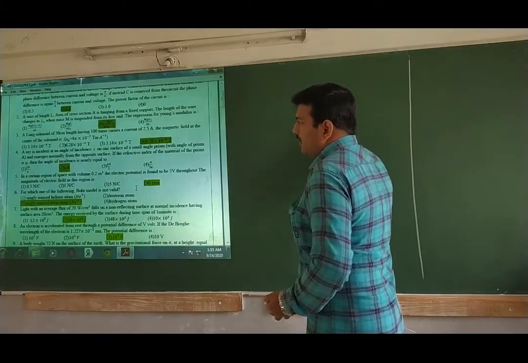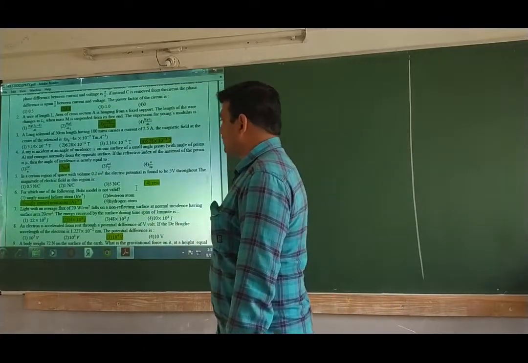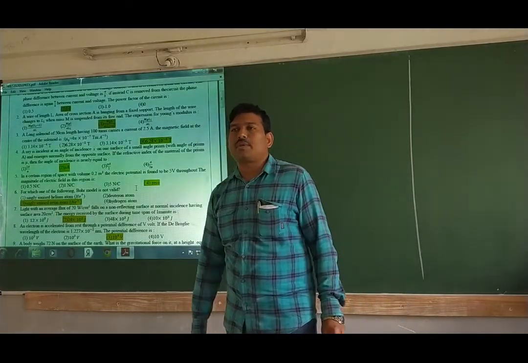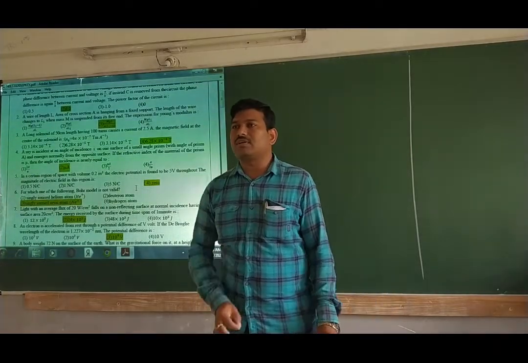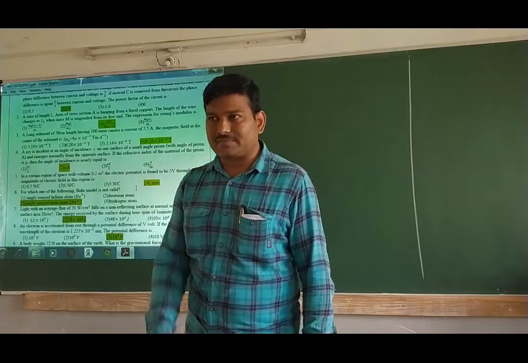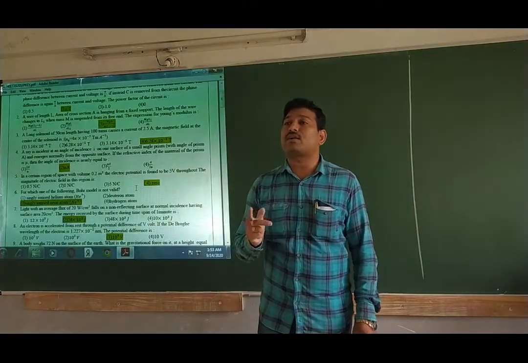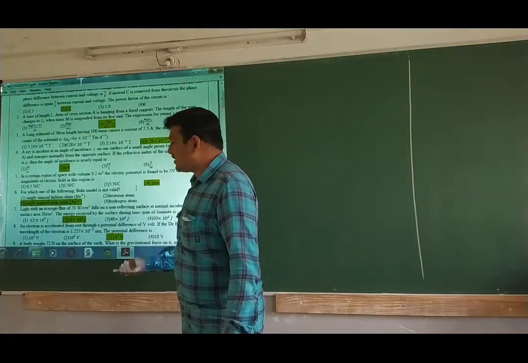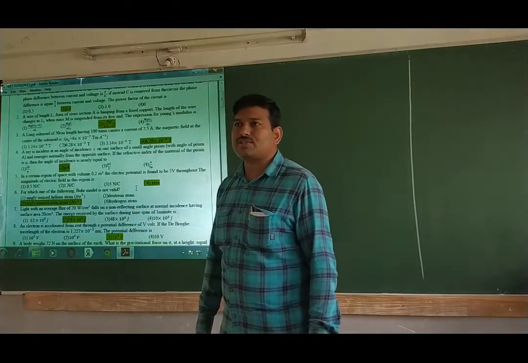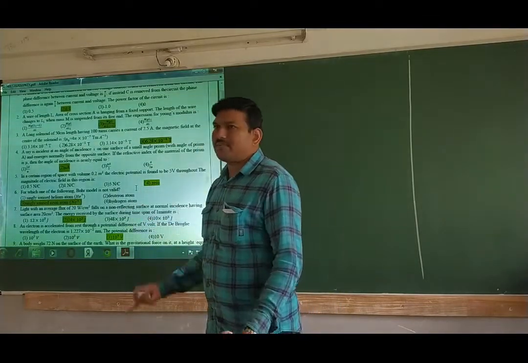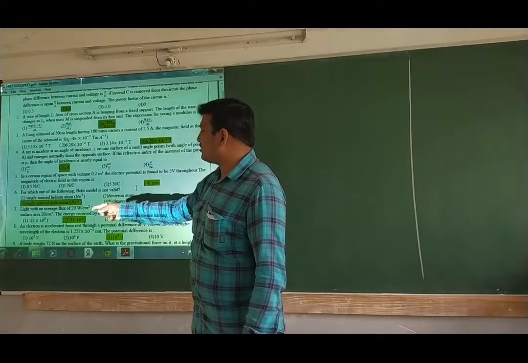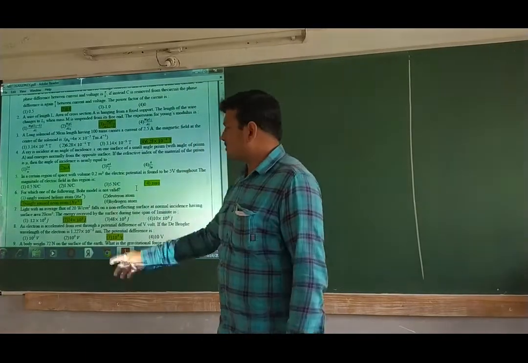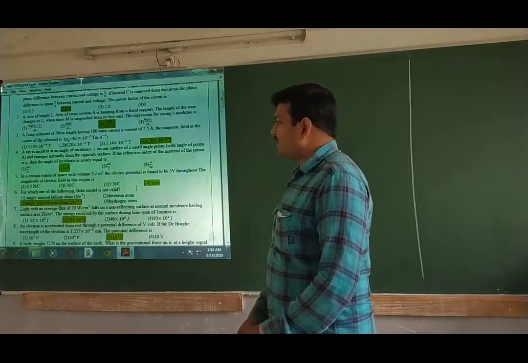Next question you see. Question number 6. For which of the following is Bohr's model not valid? You know the limitations of Bohr's atomic model. It is applicable only for hydrogen atoms and hydrogen-like atoms, or it is not applicable for multiple electron systems. It is applicable for single electron systems. So here, singly ionized helium is a single electron system. Deuteron 1H2 is a single electron system, and hydrogen atom is also a single electron system. So which is not the single electron system here? In the given options, neon. It is not a single electron system, so that is the answer. Next, a theoretical question that is.